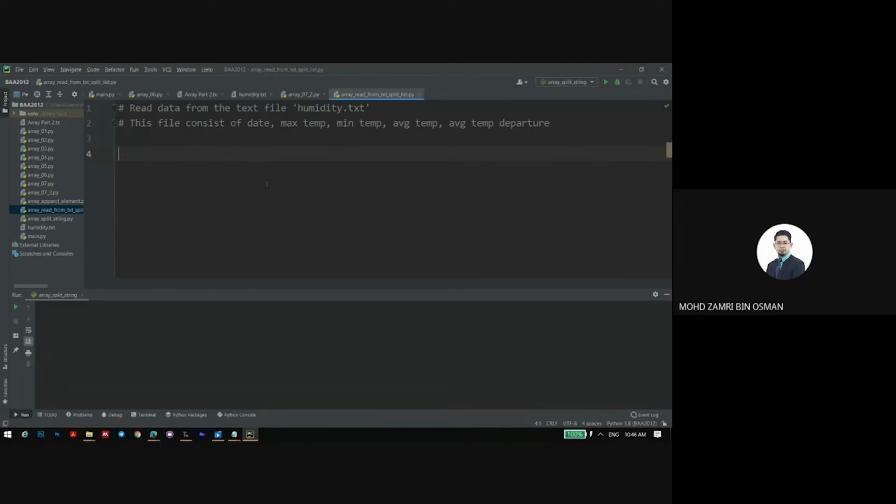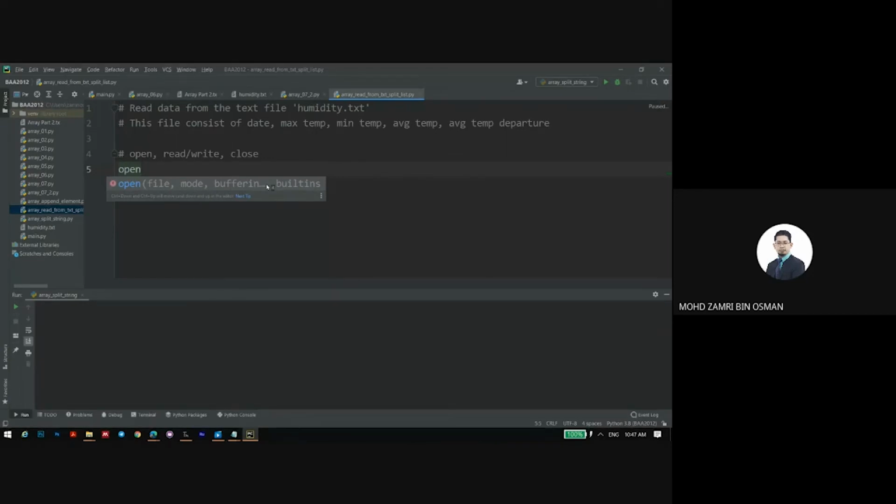Okay, if you still remember how you can read the data from the text file, you need to open the file and then you can read, or you want to write the file, and the last one you need to close the file. So this is the standard way to open and also close the file. In order to open, you straight away use open. Since I'm using the Python editor here,